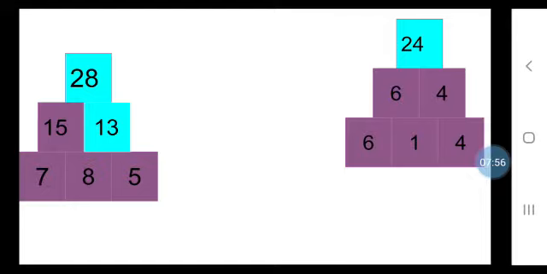6 4s are 24. Children, you have to find a relation between the lowermost line and the number written on its top, by using which mathematical operator I am getting it. Is it either by adding or by subtracting, by multiplying or by division? Any doubts, children? Give me a message or we'll discuss it in the live class, don't worry.